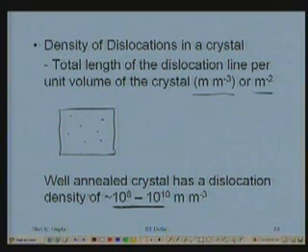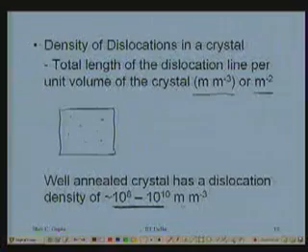Well annealed, what I mean by this is I have tried to keep it at an elevated temperature. Annealing gives a connotation that the crystal has been kept at an elevated temperature where the available thermal energy is high. That thermal energy tries to help the dislocations get out of the crystal. Either the same kind of dislocations come together, opposite kind dislocations come together and annihilate, or they go to the surface and get out of the crystal, right? Those are the things, but even after doing all that, I am left with a length of dislocation line of the order of 10 to the power 8 to 10 to the power 10 meter per cubic meter.